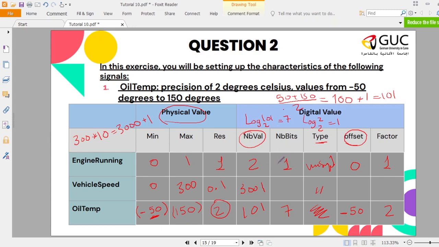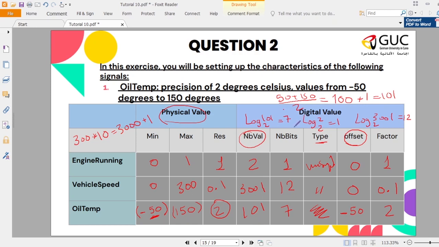Okay, and the number of bits, log 2 of 3001 is 12. So the number of bits is 12. Still no change, it's unsigned. The type of the signal is unsigned. And then our offset, we don't have any offset because we start at 0 still. Okay, and our resolution here is the factor here, so it is 0.1. So wrapping up this question, this long question, we converted the physical values into digital values to be understood by